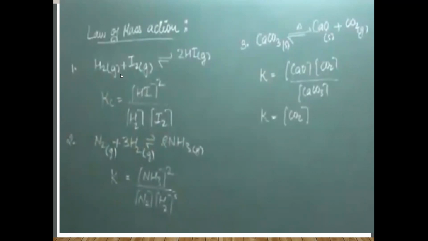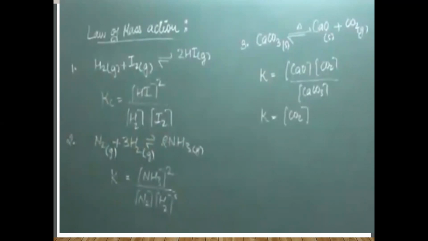Again, one example is in front of you. Hydrogen gas, when it reacts with iodine gas, forms hydrogen iodide gas. So in terms of concentration, if I want to calculate the equilibrium constant, I will write Kc equals [HI], the concentration of product. Hydrogen iodide is a product and its stoichiometry is 2, so that will become the power, upon the concentration of reactants, hydrogen and iodine. They have no stoichiometry, so no powers will be here. So in this way I can calculate the equilibrium constant for this reaction.